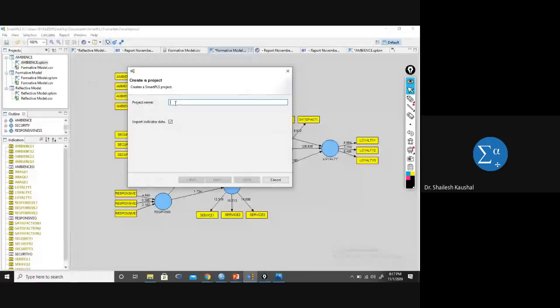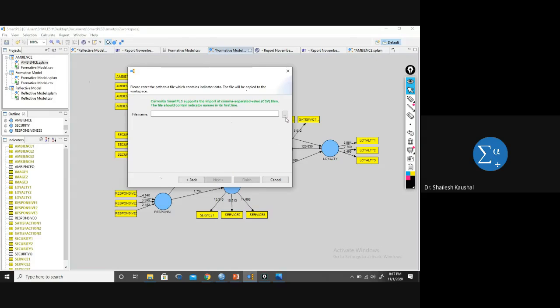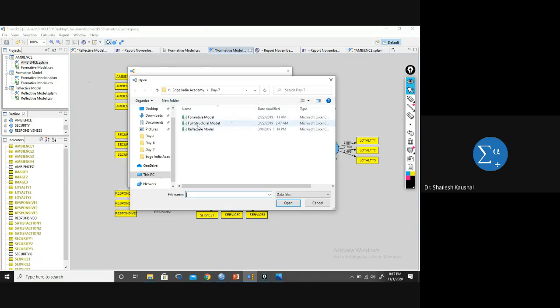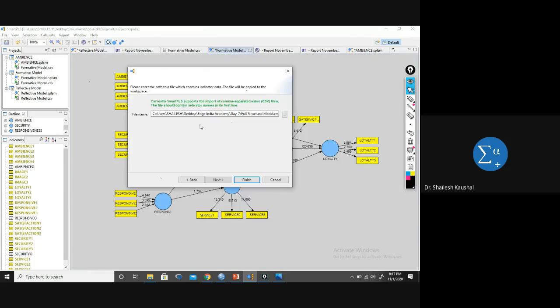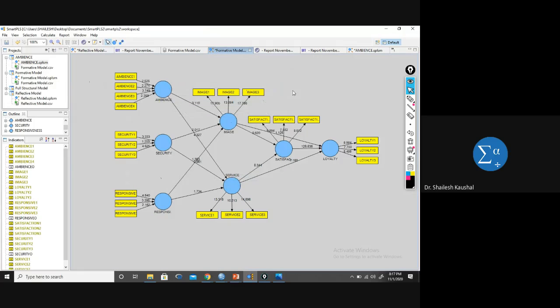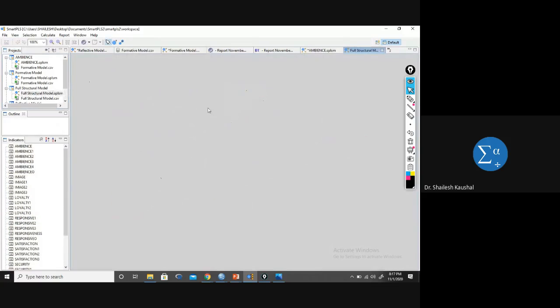My project name is full structural model. Next, I am selecting the file, the full structural model, and then finish. After finish, I can see the full structural. I am expanding it, and after double click, I can draw the graph. So this is my